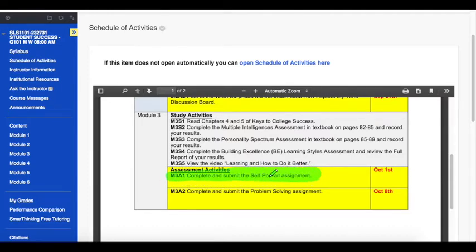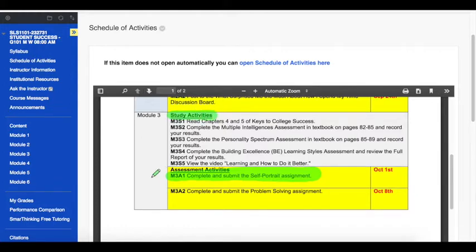Self-Portrait assignment. This assignment is one of the more complicated assignments of the semester as it has a lot of moving pieces which you put together to make up the totality of the assignment. So be sure to pay special attention to the video here and reach out to your instructors if you have any additional questions. First, having a look at your schedule of activities, specifically the study assignments, because the study activities